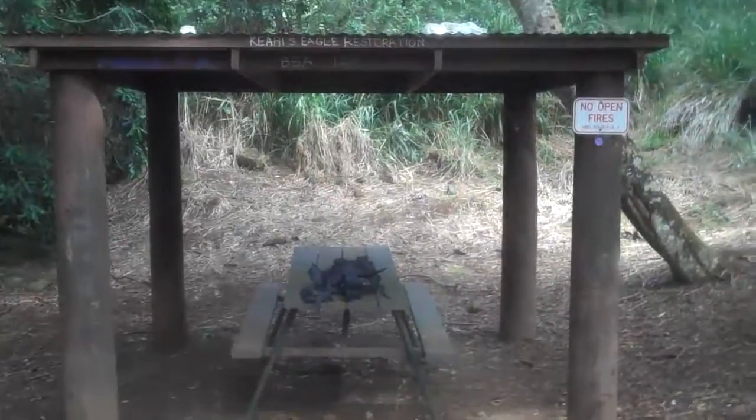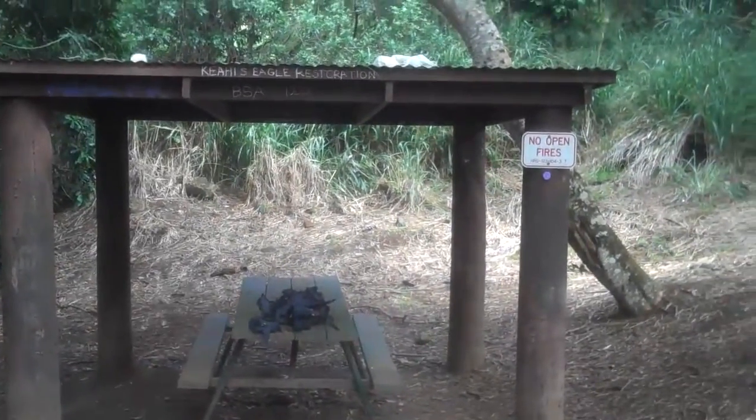So at my first rest stop, went about 1.4 miles, already gained over 1,000 feet of elevation. So it's pretty much straight up the whole way. Not so bad though, it was paved most of the way. Just got started on the trail a little bit ago. Behind me is a little rest area with a picnic bench made by an Eagle Scout, Kihai's Eagle Restoration, Boy